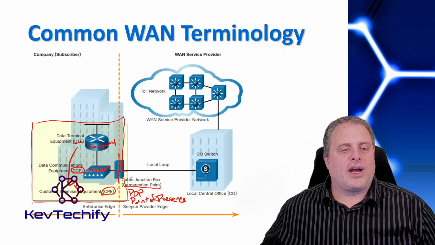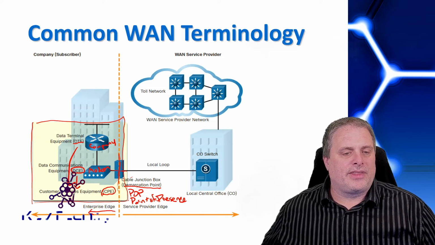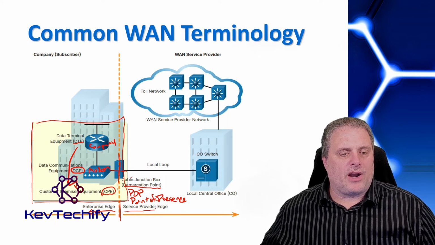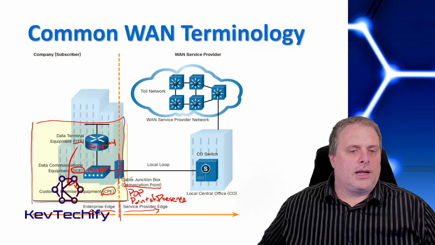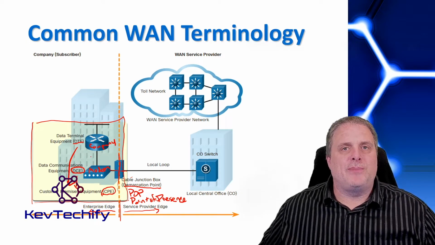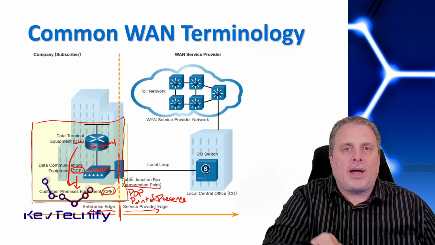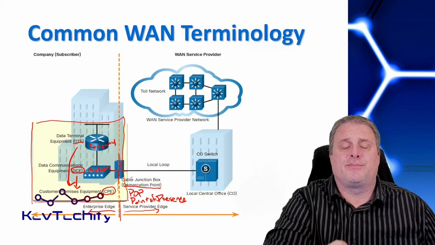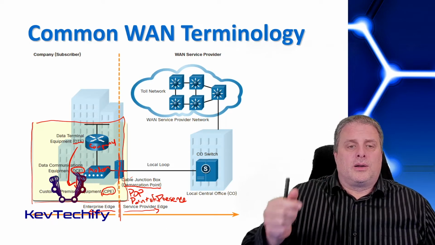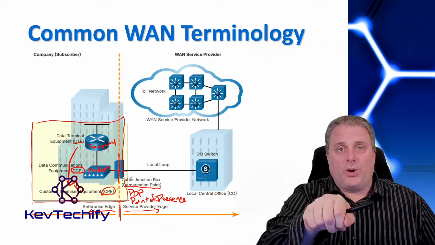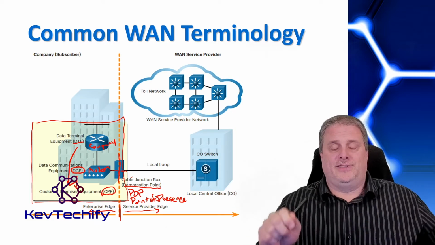Here we have enterprise edge, service edge. And so for enterprise edge, the company is responsible for everything going after the point of demarcation, which is here. Service provider is responsible for everything here. Now, that point of demarcation is typically a physical little plug on a phone box, on a cable box, on a service box, where the service provider provides that connectivity up into that point, and then you are after that.